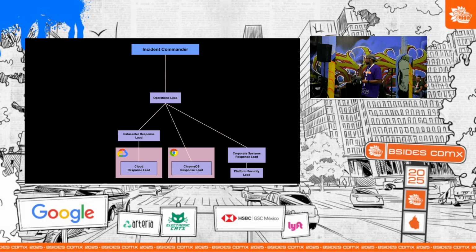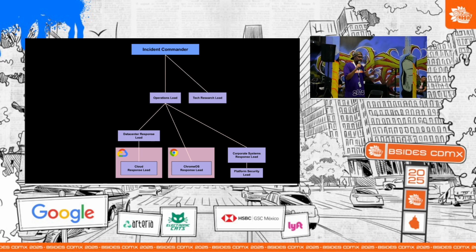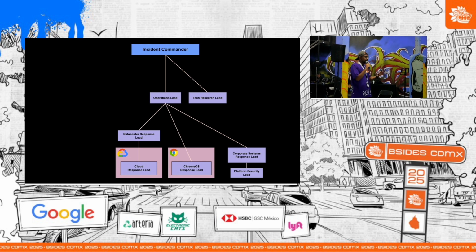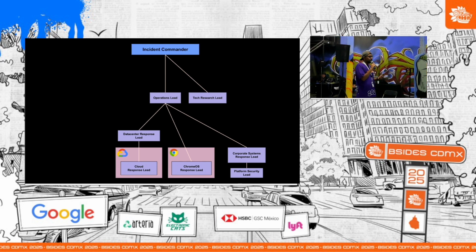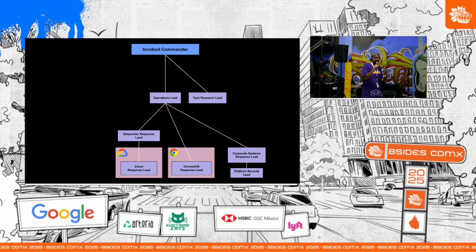which also includes a platform security lead that deals with security. Tech research lead. This is the lead and his team that are responsible for continuing research on this vulnerability and also developing mitigations and making sure that we understand it going forward if anything new happens to it. For example, if somebody came up with an exploit outside or somebody found it, then they can help with regards to the research aspects of it.